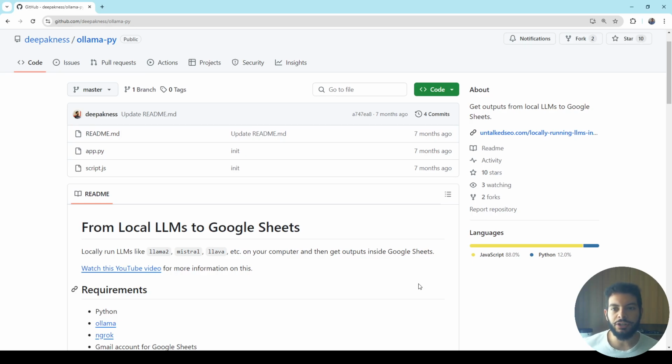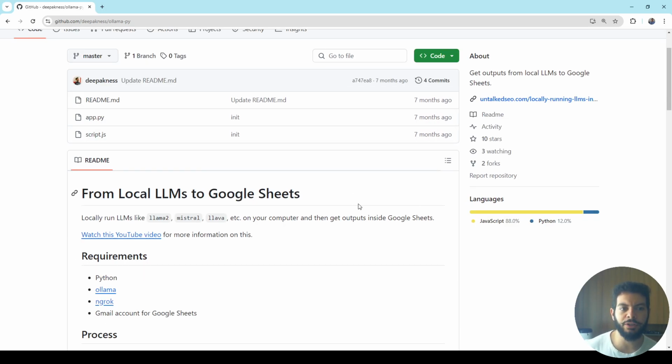On screen you see an open repository that explains one way, I want to underline it, to do this. And this repository, as you can understand, is just one step of the complete task, because you can read that it deals with Google Sheets.